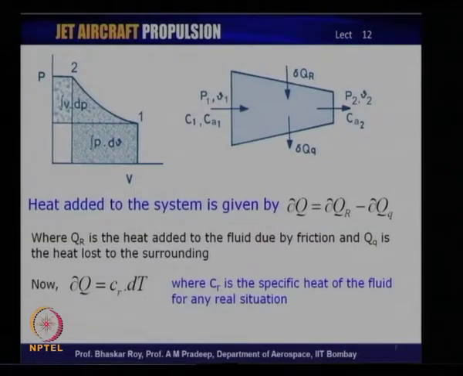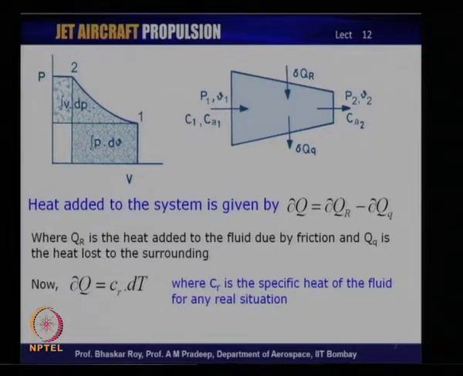If you look at the PV diagram, and on the side you have a system in which the flow is coming in with P1, V1, and let us say a velocity C1, in which case it could be an actual velocity CA1 coming straight into, let us say, a ducting system. And then we say that this process now has a possible heat addition or rejection. Now, this heat addition is shown as delta Q r, and the heat rejection is shown as delta Q subscript small q. So, the net heat added to the system is given by delta Q equal to delta Q r minus delta Q subscript small q,